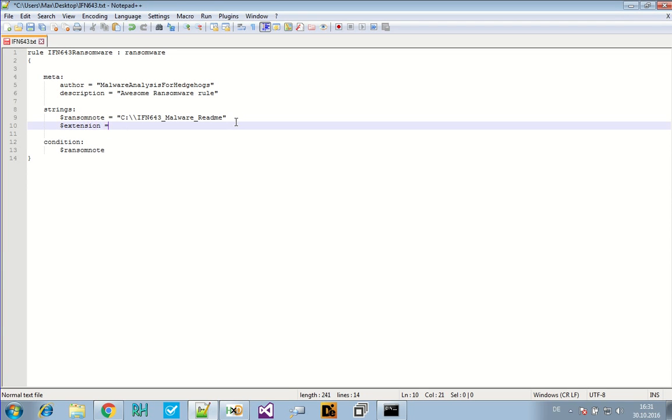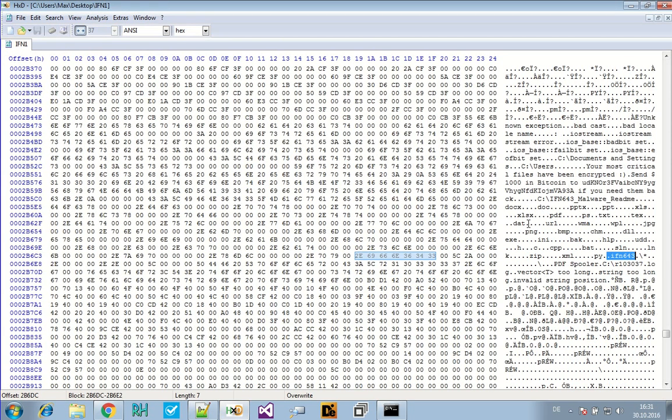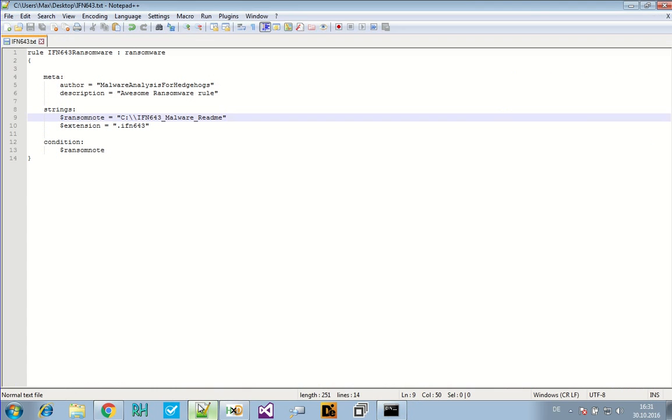Extension. This one. We can say we want these to be in there too, or parts of the ransom note, like your most critical files have been encrypted or send bitcoins or whatever. You can add all of these strings, and then you could say, okay, if like